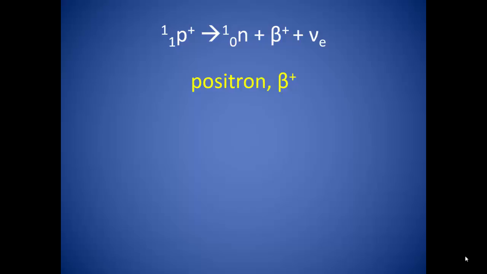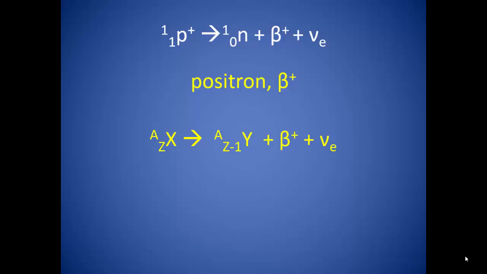The decay equation for positron decay is very similar to that of regular beta decay. We start with some element X that has a mass number of A, and Z is the atomic number. When the proton decays into a neutron, the atomic number will decrease by 1, creating the new element Y. The mass number is the total number of protons and neutrons, so it will stay the same since we lose 1 proton and gain 1 neutron. Our final products of the decay equation are an element with 1 less proton than our original, a positron, and